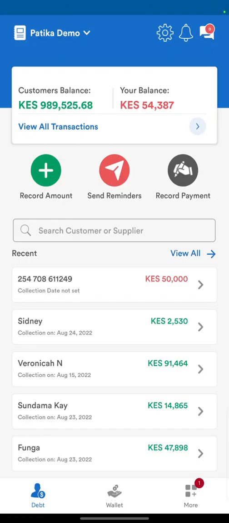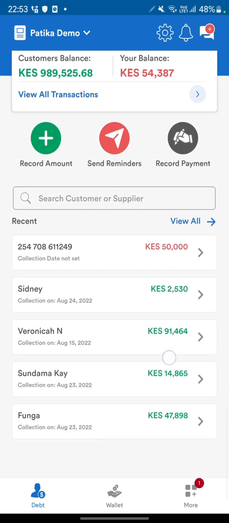Patika helps small businesses in Africa to collect the 35% of their revenue that is not paid upfront. On the app, they have the main date page, which essentially has a summary of all the receivables and payables. Receivables being the amount they're expecting from customers, and payables being the amount that they owe other businesses or their suppliers